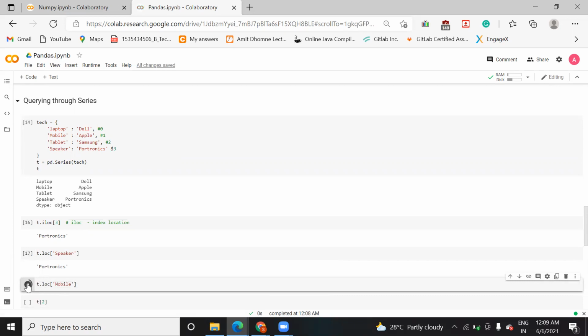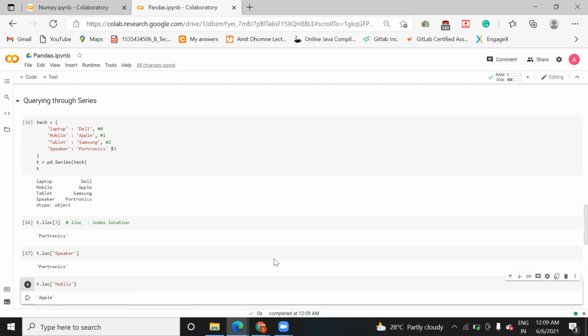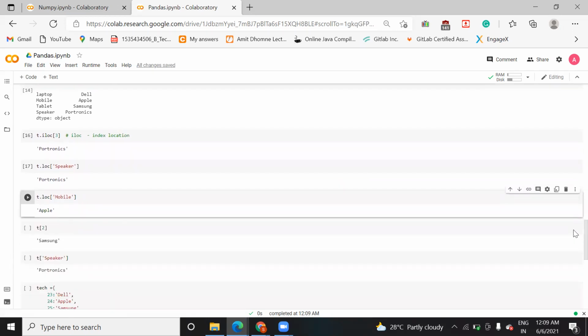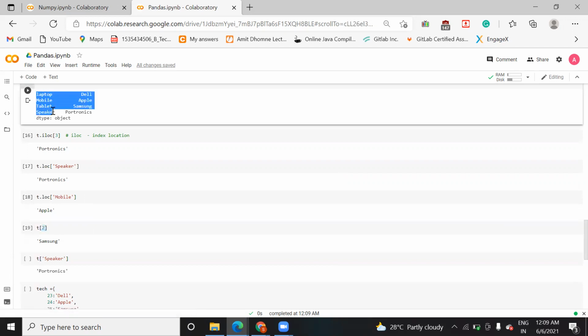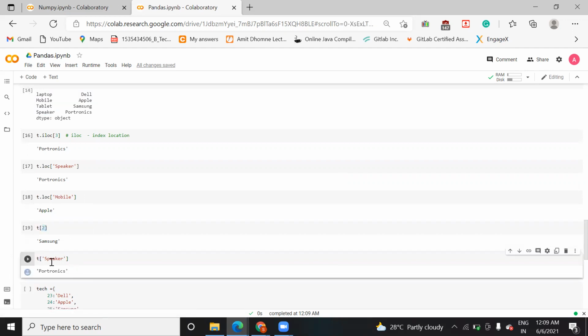See what value mobile holds. You see it is showing Apple, right? So in this way, with the help of the loc function, you can easily find it. You can directly use it like this also. t[2] will give you the element present at index 2, and you pass a numeric index when you want to work with the position. When you want to work with the string index, then you need to use the iloc or loc function.